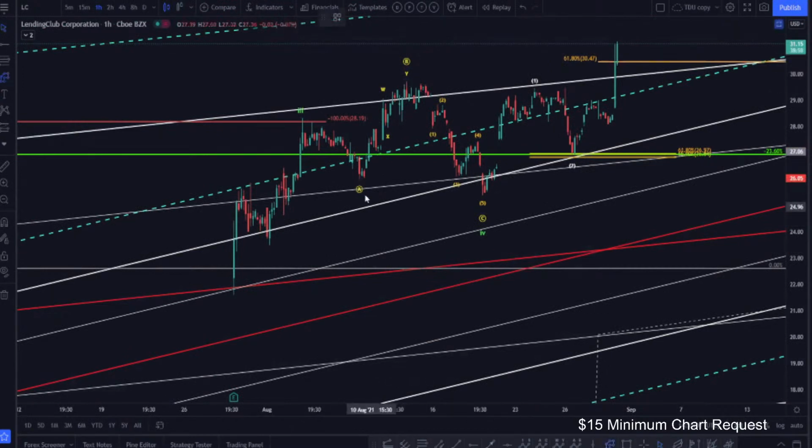So while it's an unusual shape, it's that same idea, right? It's a 3. Normally you'd look at it this way, but because we're expanding the B wave here, we get it in a different shape. And again, it's working backwards. If this is the 5, that can't be the correction. I suppose it could have been the start of this if we're going to get a zigzag, but as we pop higher,